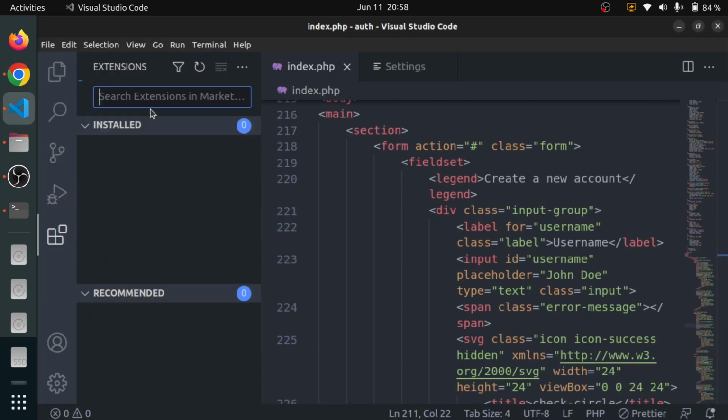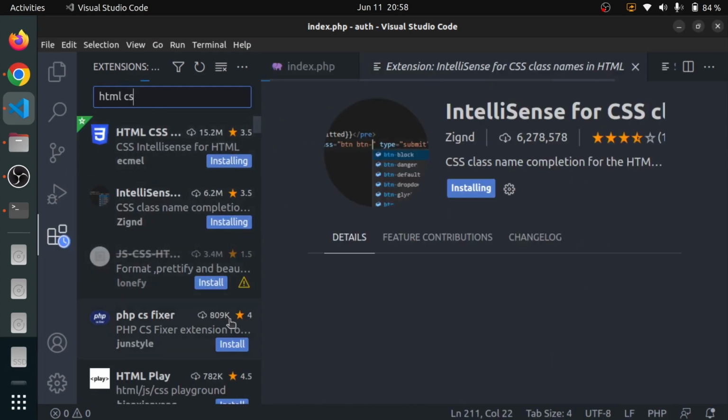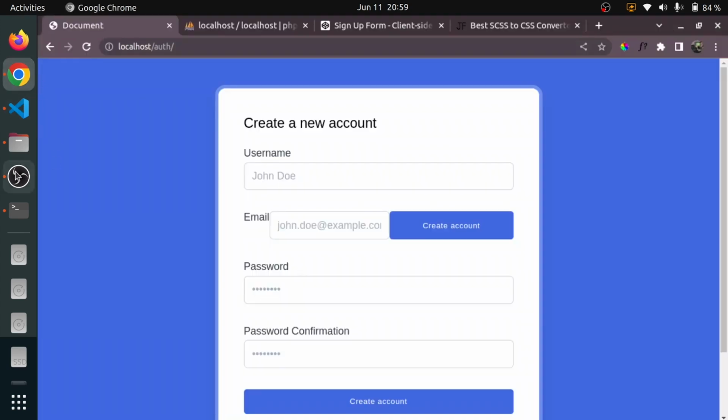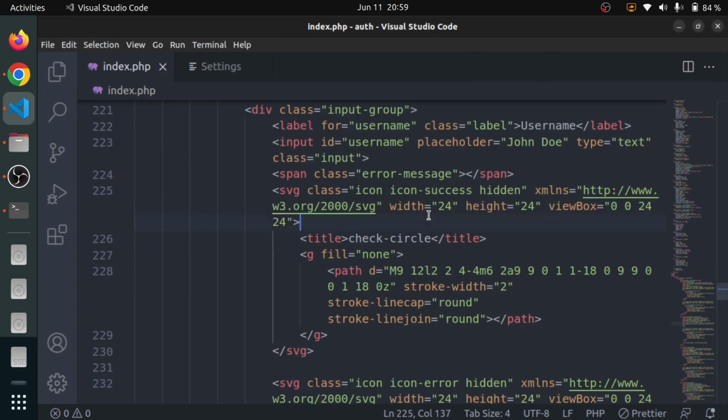Actually there are no suggestions. HTML, CSS or something like that, it should give me some suggestions, but it's not giving me any. So I really don't know why it's not giving me suggestions. Okay, so let me close it,